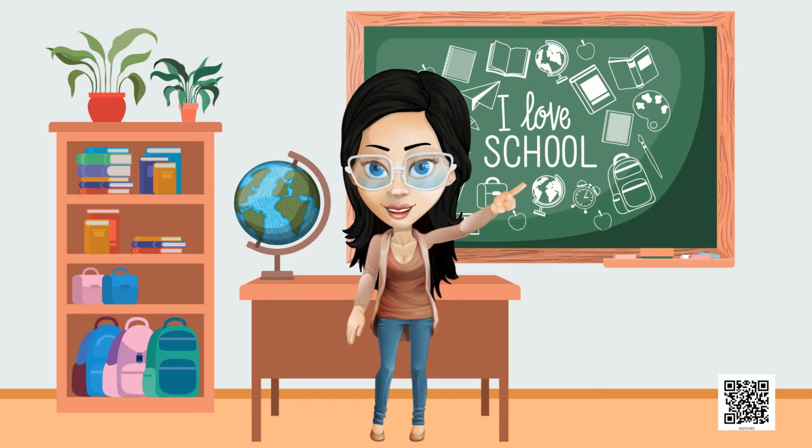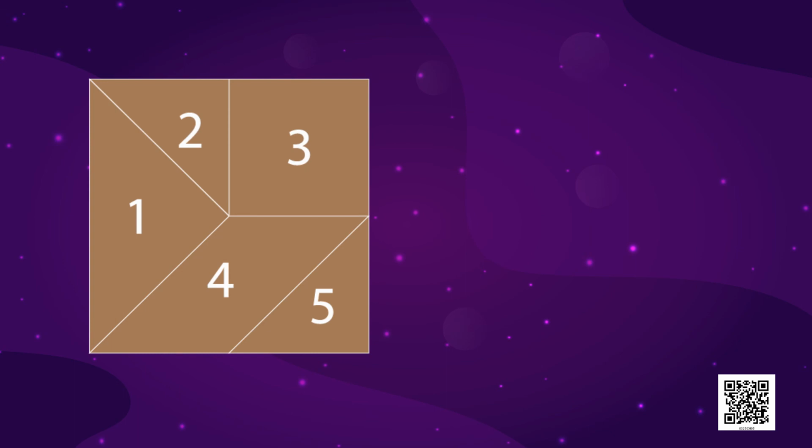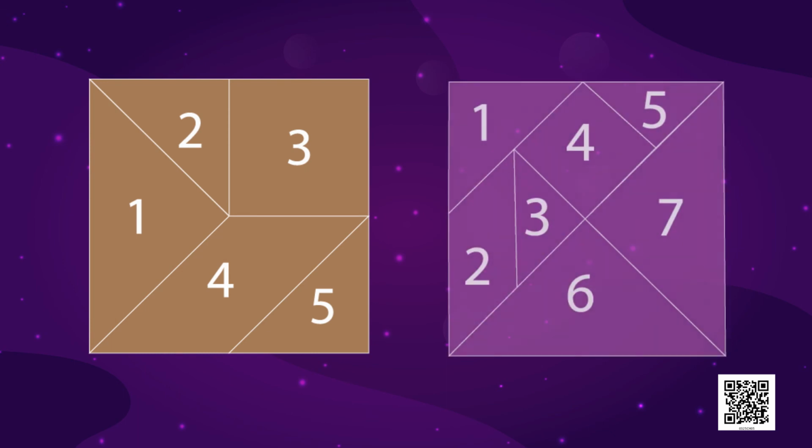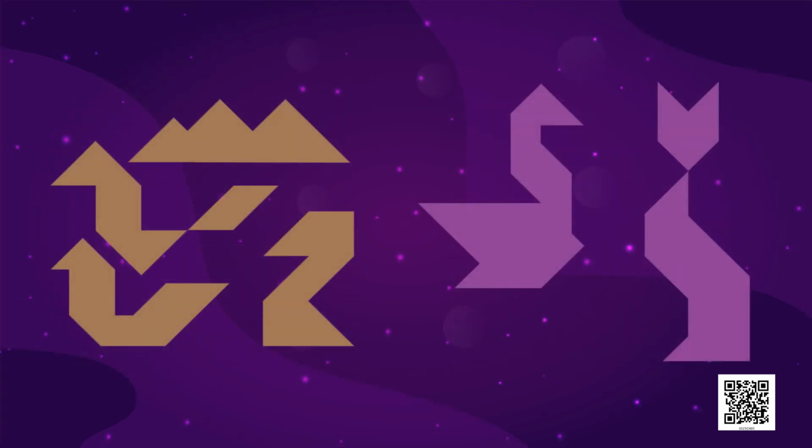Now, let me show you a very interesting game of these shapes. We call it a tangram. It's a very famous game. In your book, the shapes used in a tangram puzzle are given. Tangram with 5 pieces and another tangram with 7 pieces. Just cut all the pieces to separate them and try to make the shapes given in the puzzle. Also ask your friends to do so. The one who solves it first will be the winner.